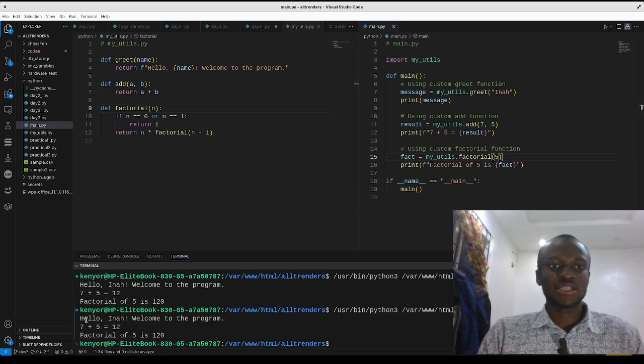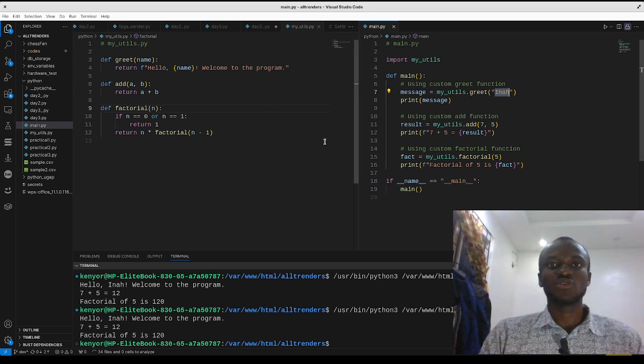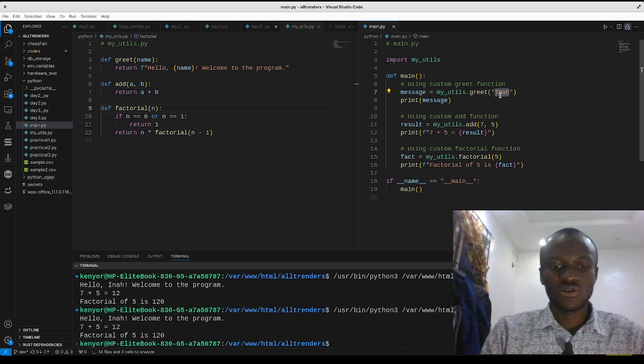So as you can see here, it gives out hello, my name, and the sum, and it computes the factorial here. The interesting thing about building modules of this kind, when you predefine your custom functions and import them, is that you don't need to adjust things in this file anymore. For instance, all I need to do is to just change content from here